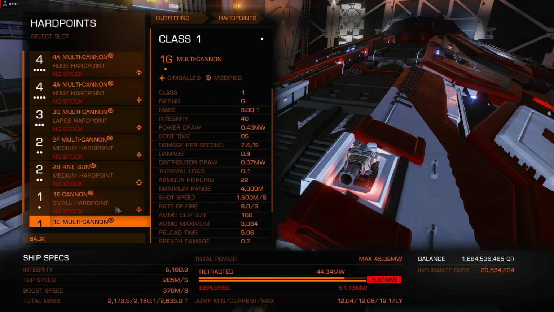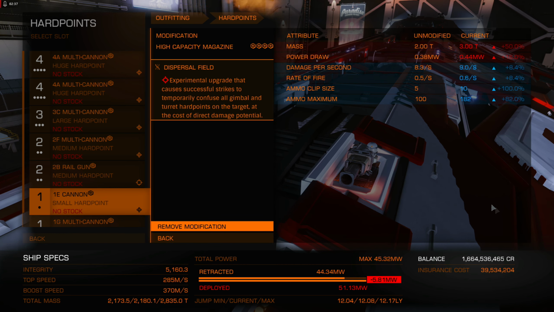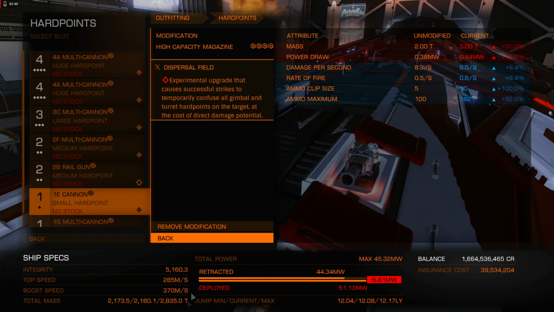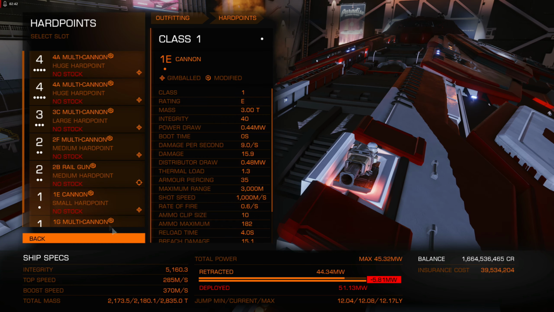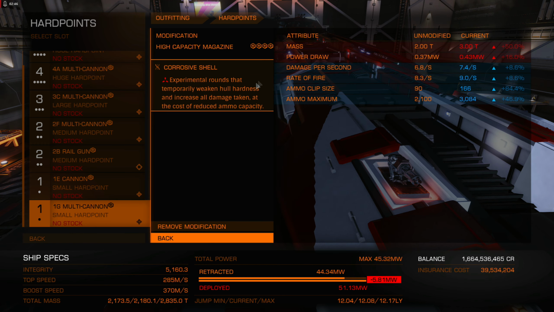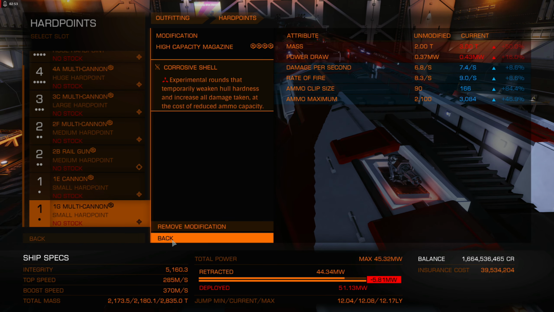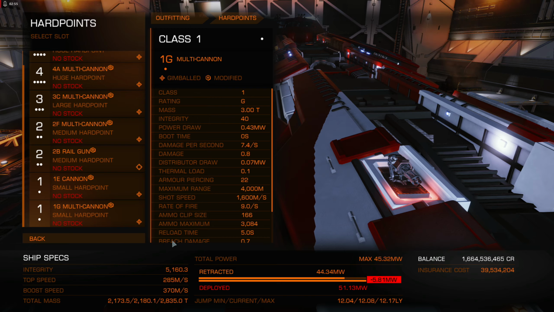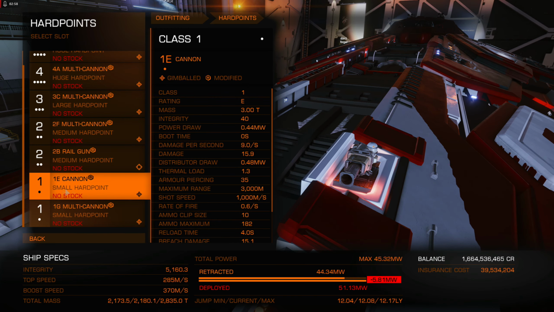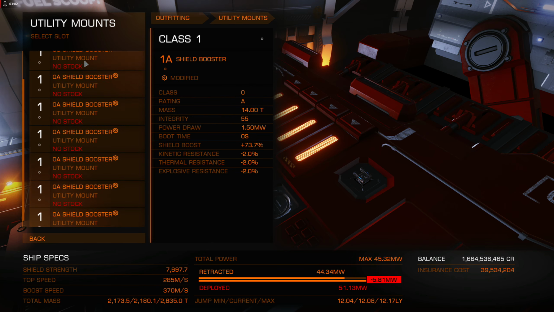But I do run a small cannon with high capacity 4 or 5. I haven't quite got the 5 yet. I've been meaning to, keep forgetting, with dispersal to basically add a chaff effect on anyone else using gimbals on me, mostly big ships, but you never know. And then you also got high capacity for corrosive shell, which just adds a corrosive multiplier, also weakens the hull hardness, so it makes getting modules plus doing extra damage always nice, and also helps assist your teammates with this as well. So utility mounts,